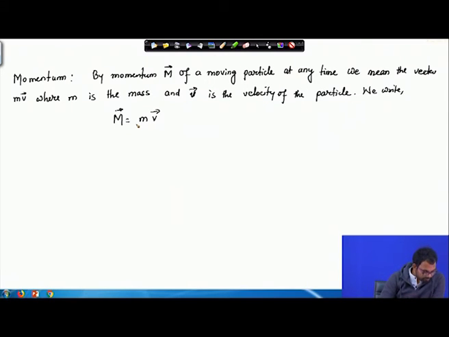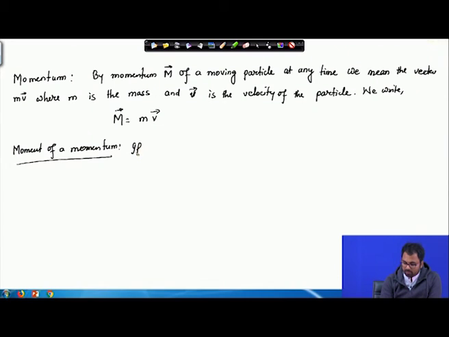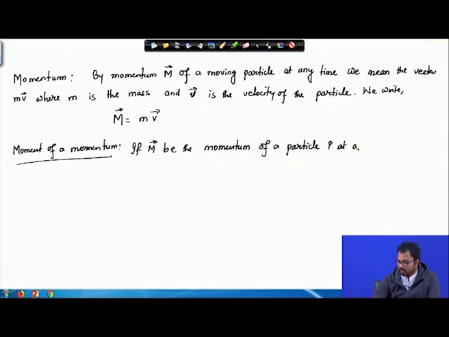Now, next we define the moment of a momentum. You probably know all these things. It might be a recapitulation from your physics class, but I'm just writing the advantages of vector calculus here. So, if M be the momentum of a particle, let us say P, at any instant,